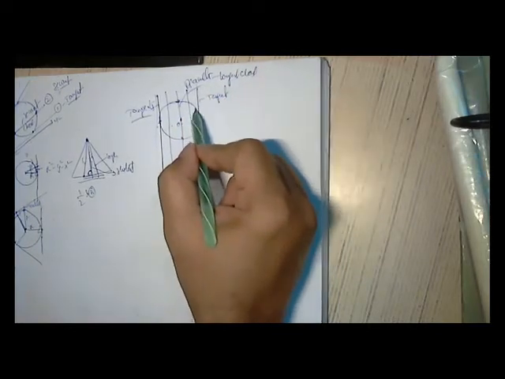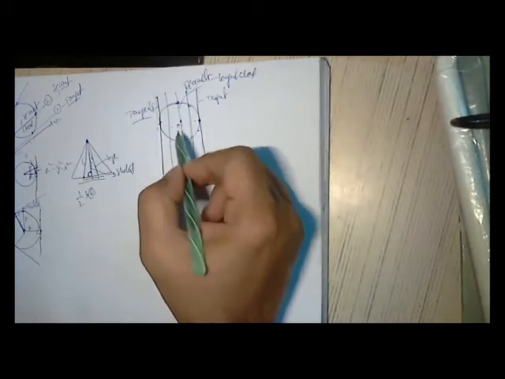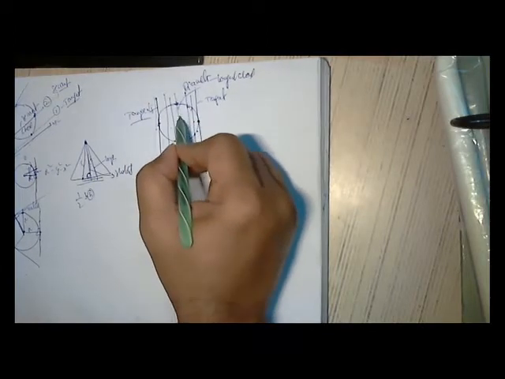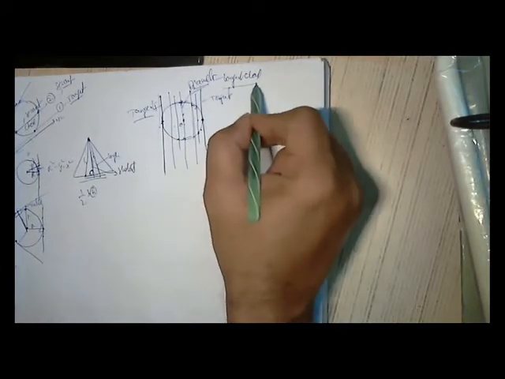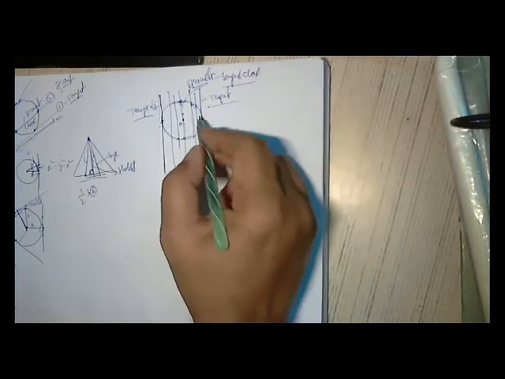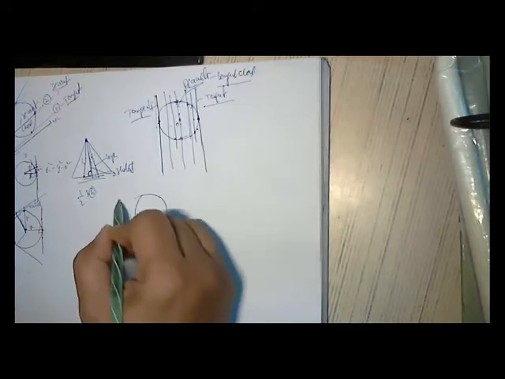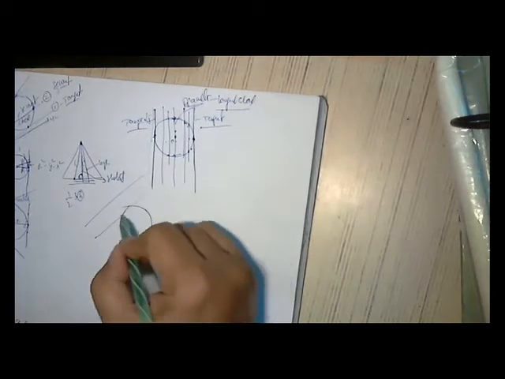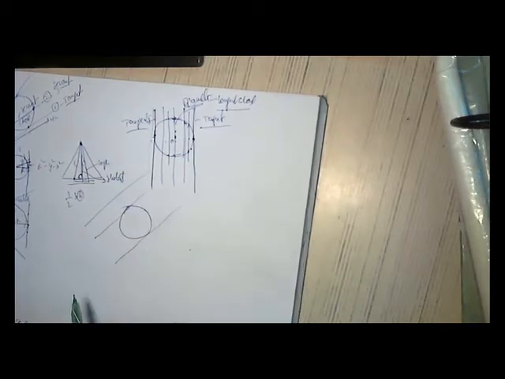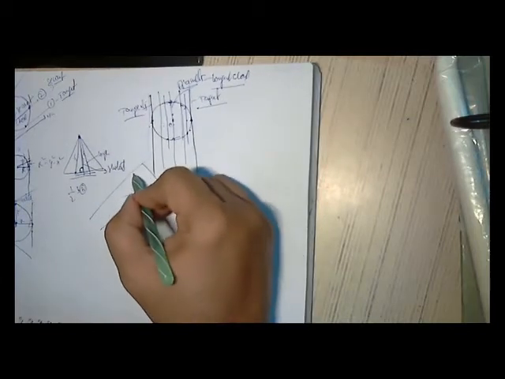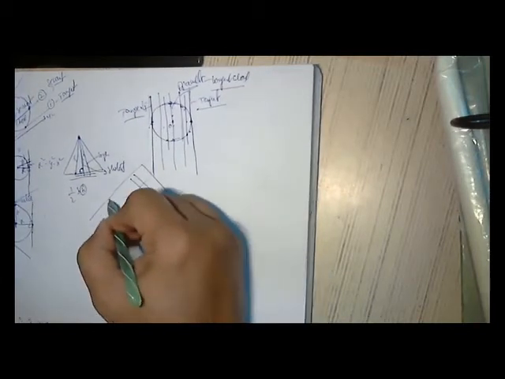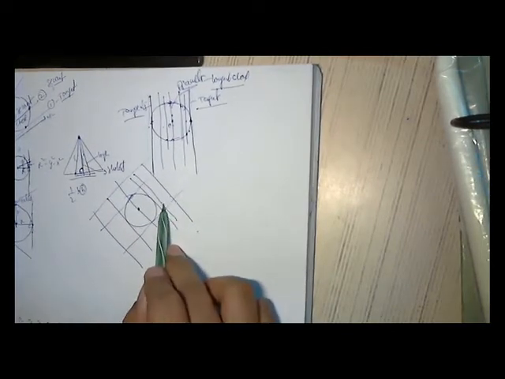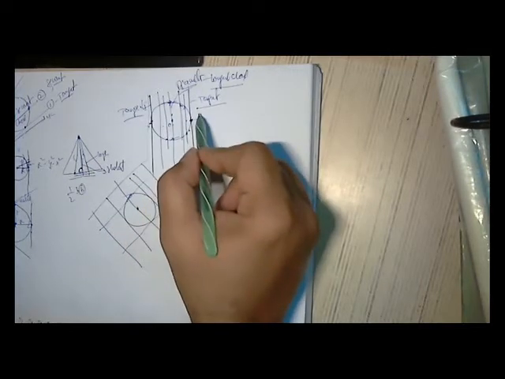The chord length is less here, it is increasing, and again it is reducing. If you draw another line here, the chord length is less. If you draw another line here, the chord length is less compared to this. So the diameter is nothing but the longest chord. Suppose I draw a line like this and draw parallel lines to this. This is one tangent. Only two tangents can be drawn parallel. Between them, through the center, goes the diameter. So for parallel lines, you can have a maximum of 2 tangents on the other end.